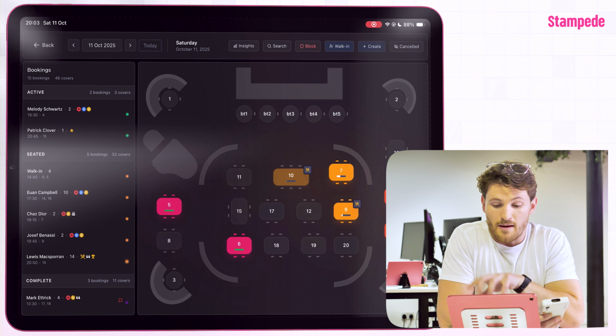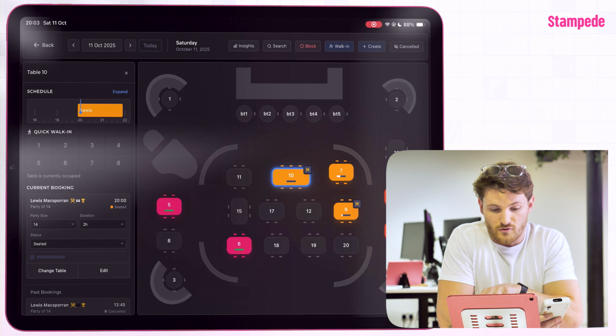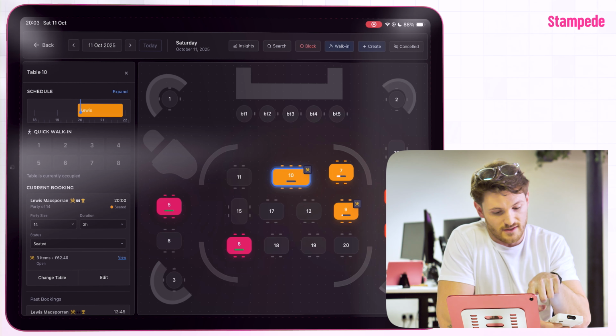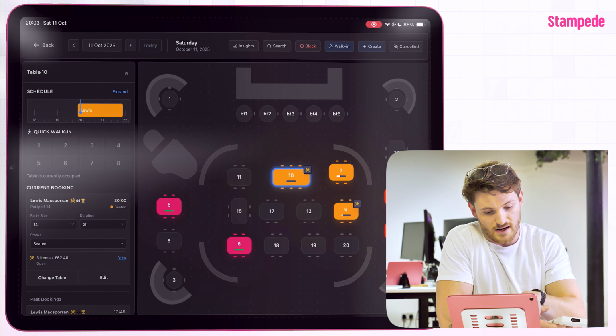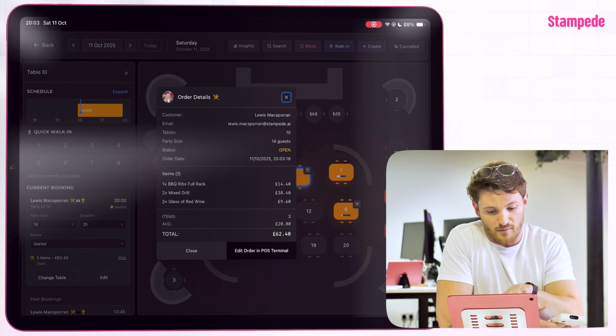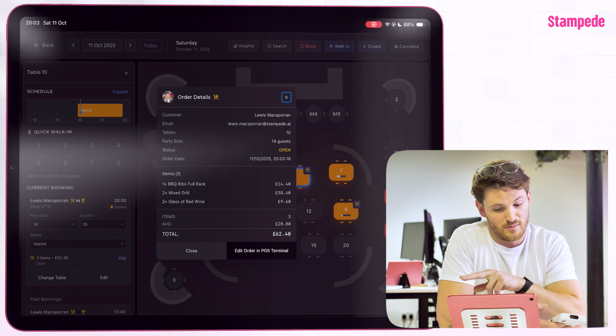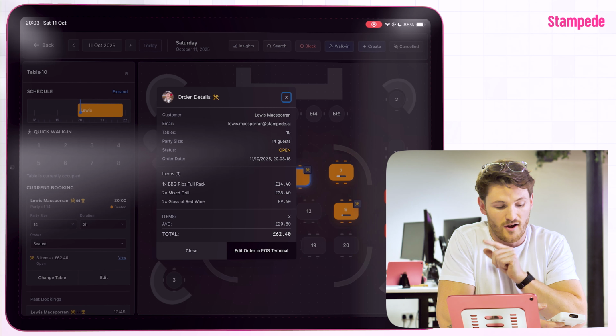And we're basically going to get my profile. There it is, pulling through to table 10. We can see it's Lewis McSporran on there, nice and easy. It can also view that order. So I've got my barbecue ribs, full rack, 2 mixed grills, and my 2 glasses of red wine all sitting